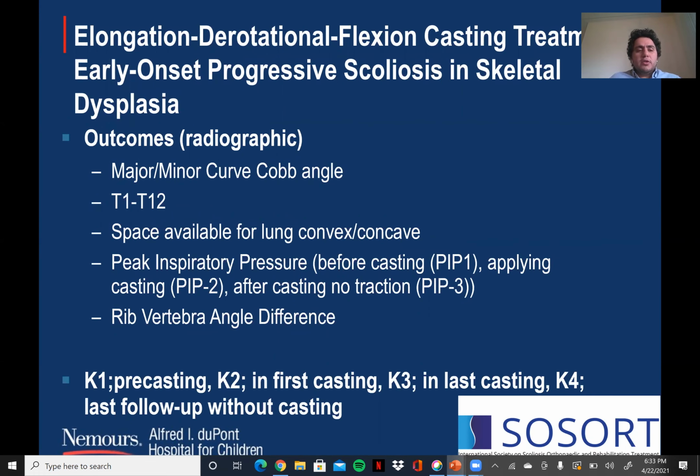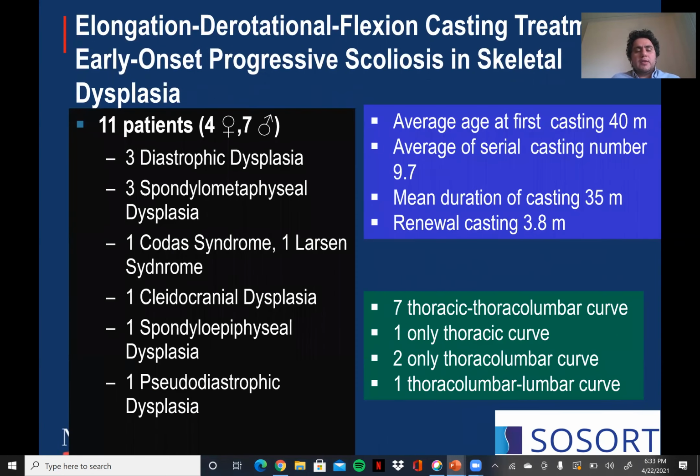Outcomes we measured: major and minor curve angle, T1-T12 height, space available for the lung on the convex and concave sides, peak inspiratory pressures, and rib vertebral angle difference. We measured all the variables at four timelines: pre-casting, at first casting, at last casting, and at the last follow-up without casting. We have 11 patients, and the average age at first casting is